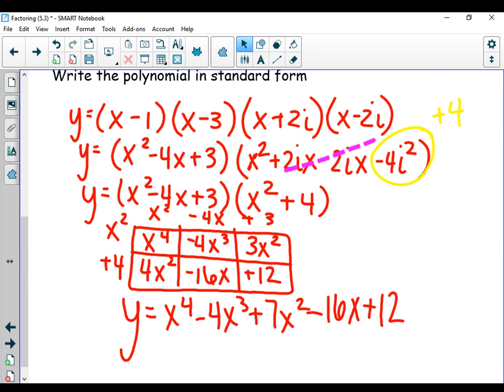If you notice, if you only had one of the complex numbers and you multiplied this through with this, for my virtual kids, if you multiplied just this by this, you would have had an i in your standard form. An i doesn't exist in that standard form there, okay? So you always want to make sure you multiply it by the complex conjugate. Okay? Any questions on that?